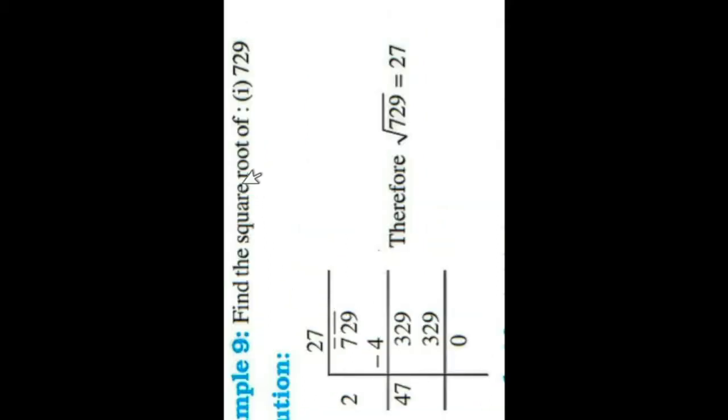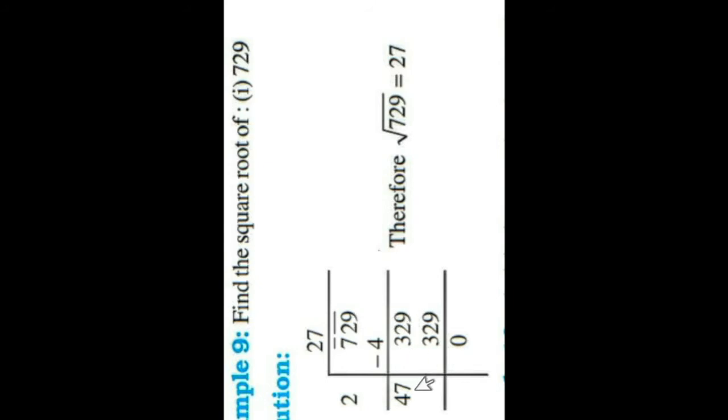Okay, let us see some other example. Find the square root of 729. Right from the unit digit make the pairs. This is the first pair, so put the bar on it, and put the bar on this single number also. We will take this number first. Below 7 the nearest square number is 4. So 2 twos are 4. 7 minus 4 is 3, and 29 we will take down.